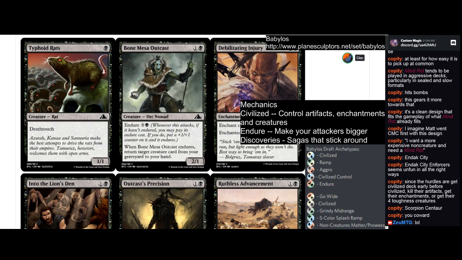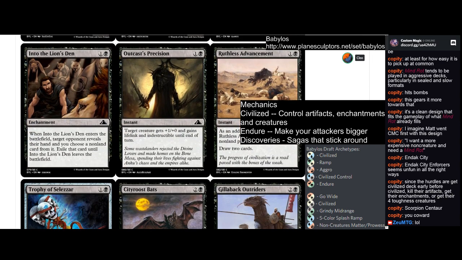Ruthless Advancement, probably not playing in most decks. Outcast Precision, or whatever pump spell replaces it, I would kind of like to not have to play in most decks, right? I agree. With this one, I'm going to not play it in most decks. And even the redesign that we suggested, you'd play it in the